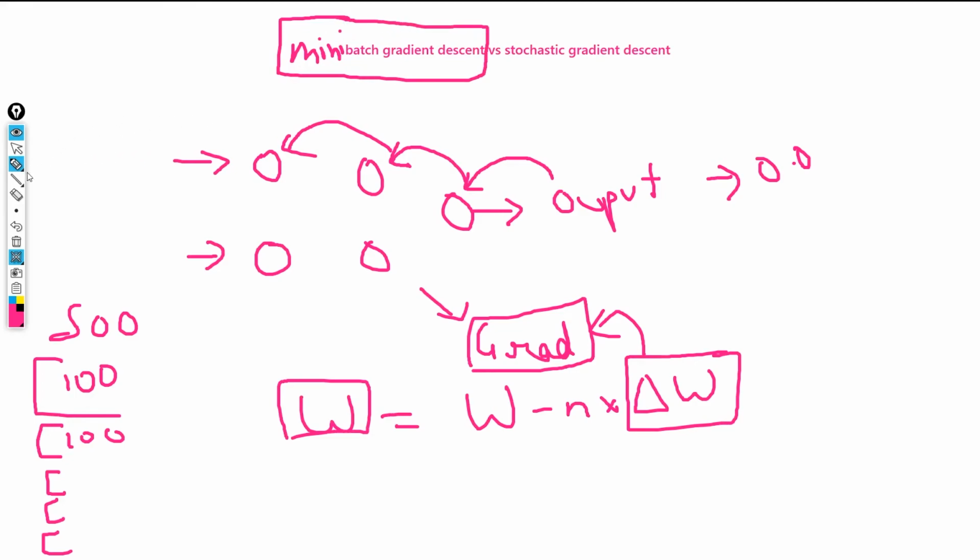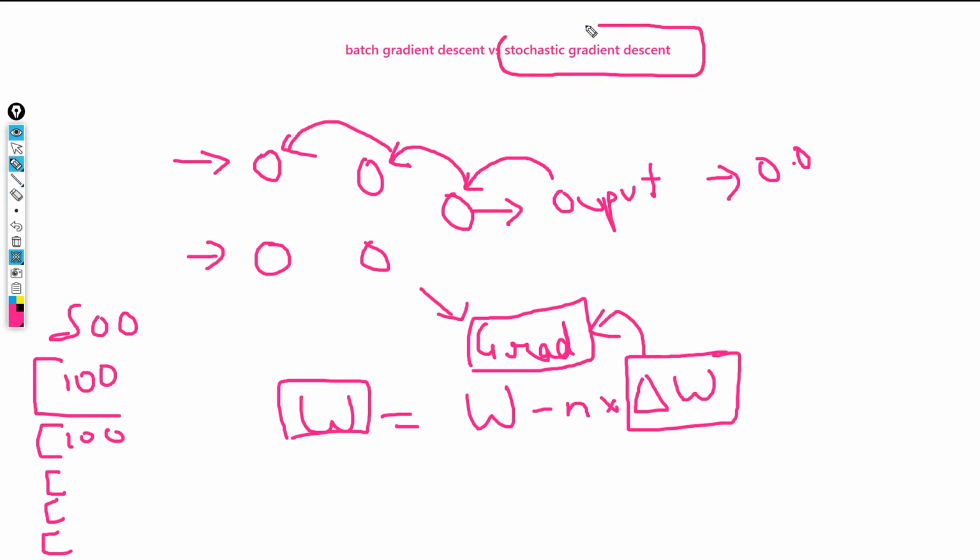As I told you, what we have done until now is use stochastic gradient descent, but now we are going to make some changes so that we can use batch gradient descent. It means that we will be able to update our weights on the basis of the whole data set. So in the next video I will show you how we can represent our neural network so that we can use batch